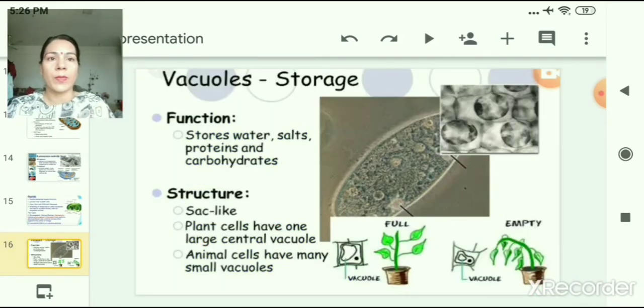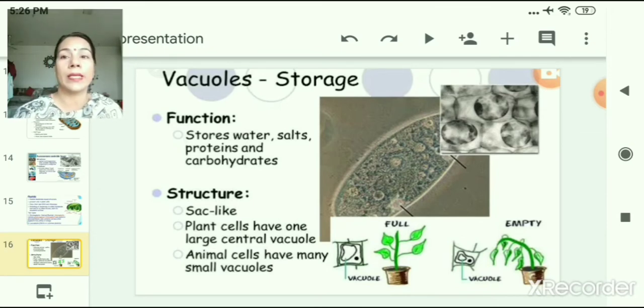Now let us discuss vacuoles. Vacuoles are storage sacs for solid and liquid content. Vacuoles are small in animal cells, and in plant cells they are very few and large in size. The central vacuole of some plant cells may occupy 50 to 90% of the cell volume. In plants, vacuoles are full of cell sap and provide turgidity and rigidity to the plant cell. Many substances of importance in the life of the plant are stored in vacuoles. These include amino acids, sugars, various organic acids and some proteins.